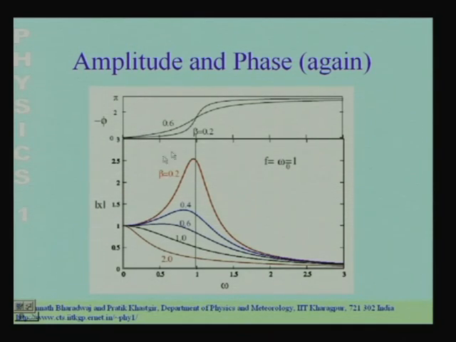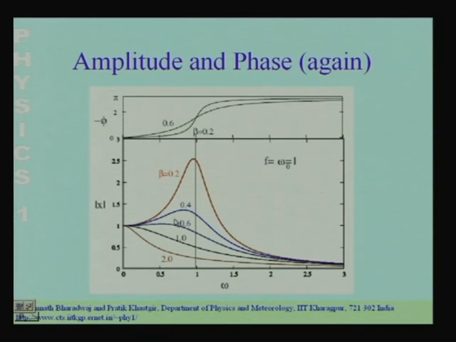So, this shows you the amplitude of the oscillations as you vary the frequency of the driving force. The resonance occurs when the frequency of the driving force is equal to the natural frequency of the oscillator, which is omega naught equal to 1. So, at 1 the resonance occurs, and if there was no damping, you would have infinitely large oscillations here, but damping ensures that the oscillations are finite. Another point to note is that the more the damping, the less is the peak value of the oscillations, and you have a peak in the amplitude at the resonant value as long as you are in the underdamped regime.